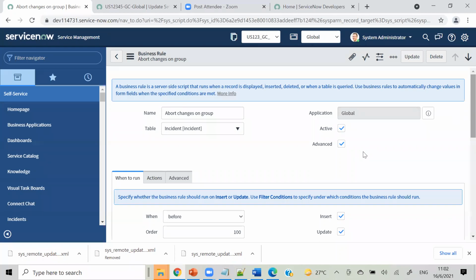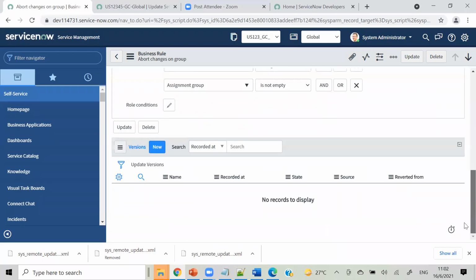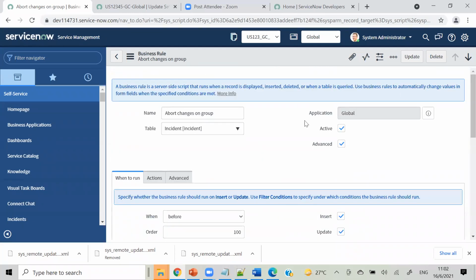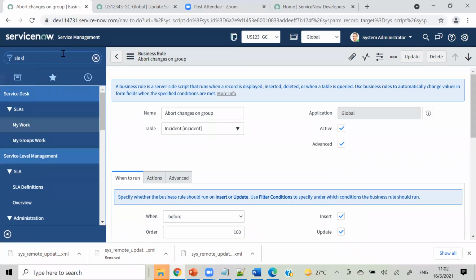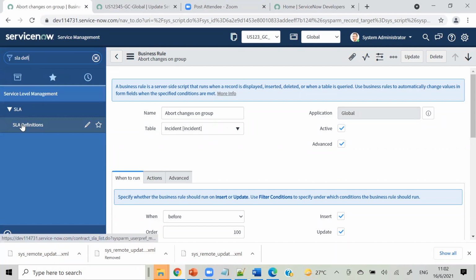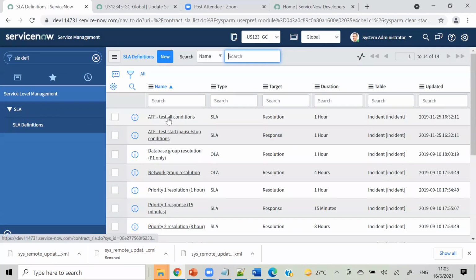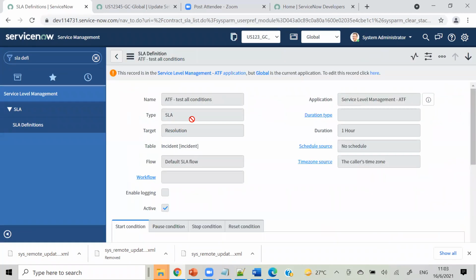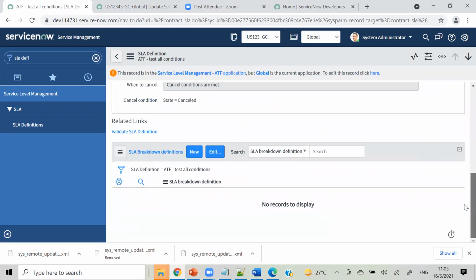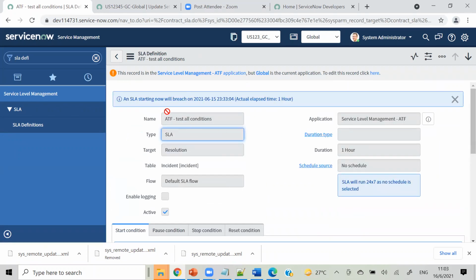So if you forget to capture something, like you created a business rule but forgot to capture it in your update set, how can you capture that forcefully? Do we have that option here? Okay, it is not even here. Let me see on SLA definitions. Okay, sorry, it is not visible.